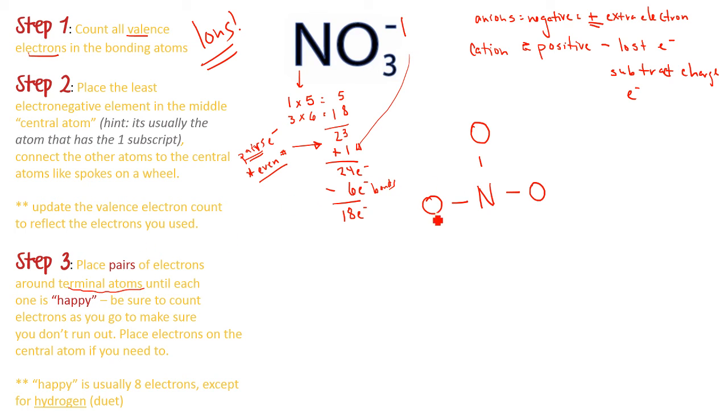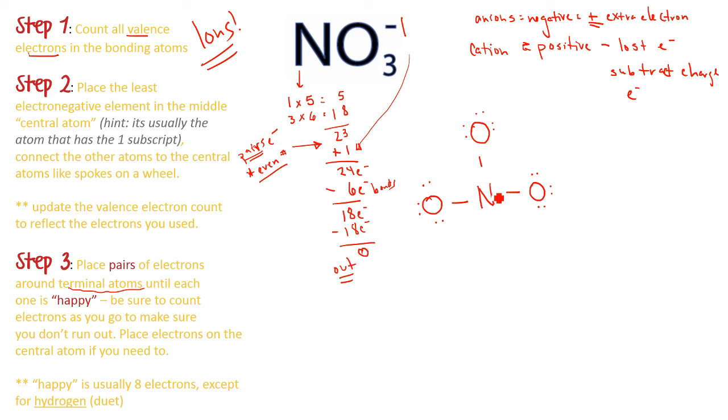So I'm going to go to this oxygen. He has 2 electrons that he's sharing, so he wants 6 more. All the oxygens are in the same boat, so they all get 6. I just handed out 18 electrons, and I'm all done. But there's something wrong, right? I'm all out of electrons,